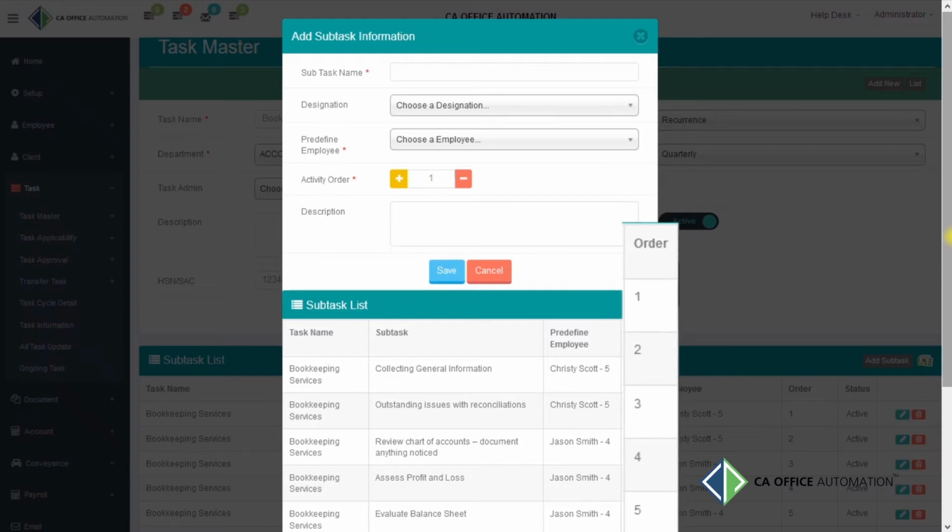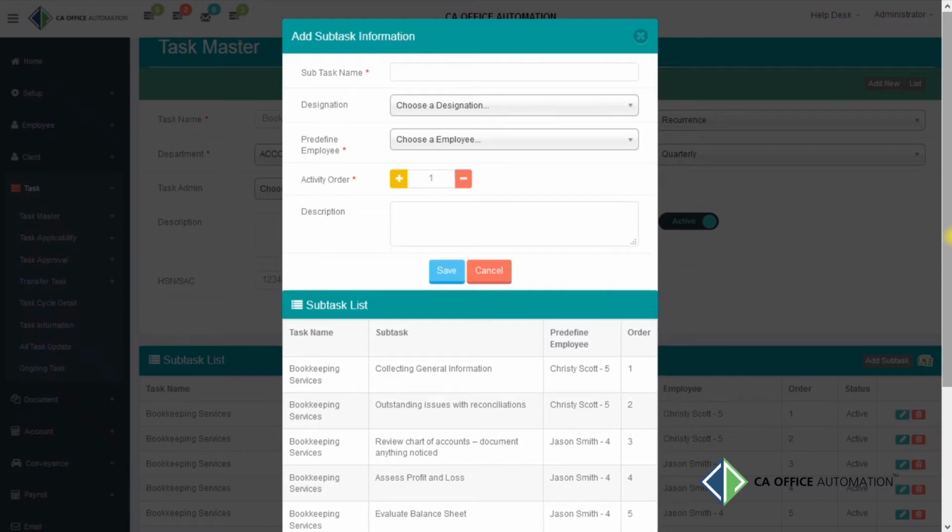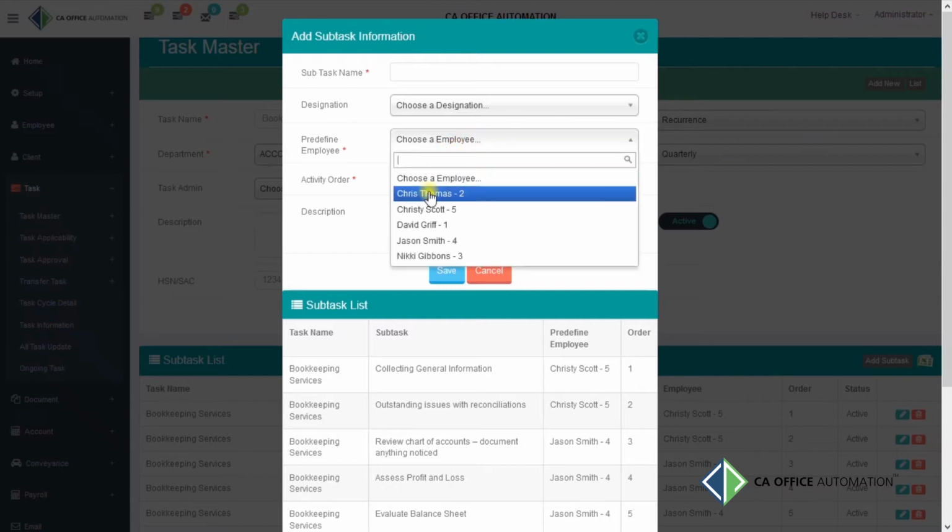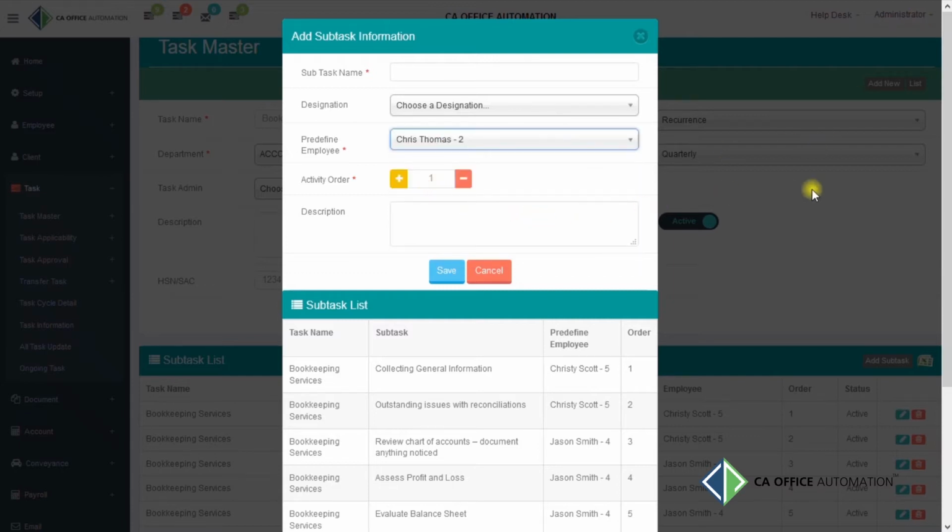And you can delete a subtask from the approval page for a particular client assignment. You can define a default employee for any subtask, and at the time of approval for a particular subtask, you can change or add multiple employees. One subtask is mandatory for each task.